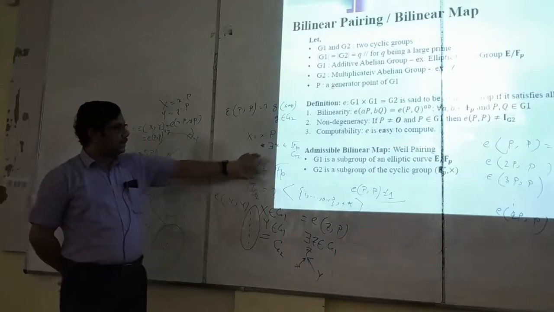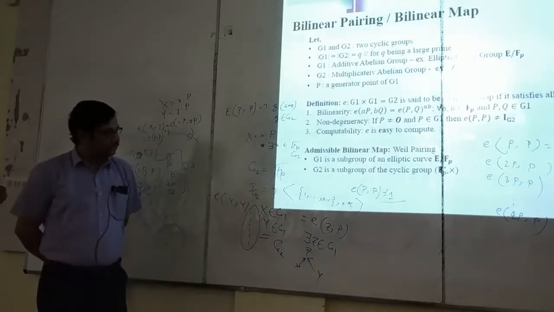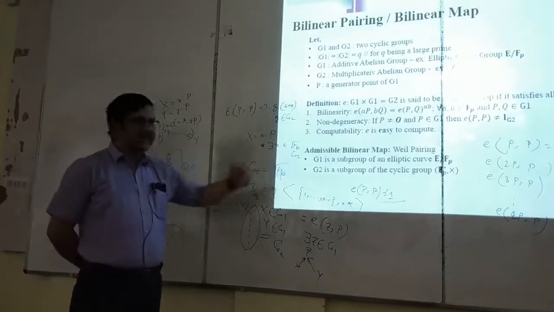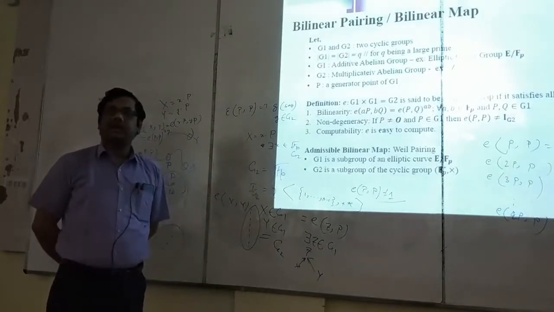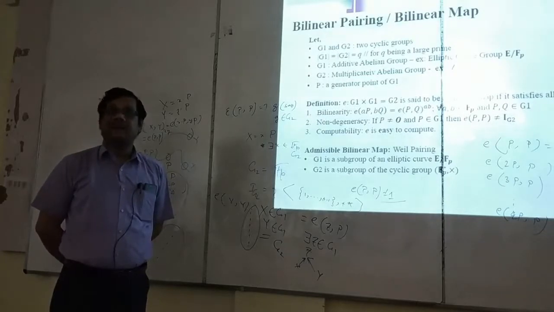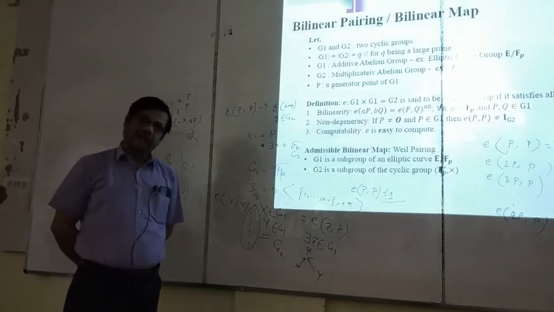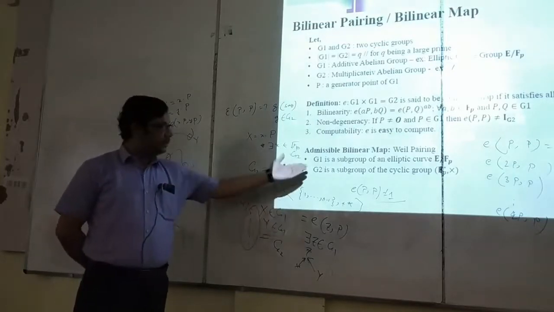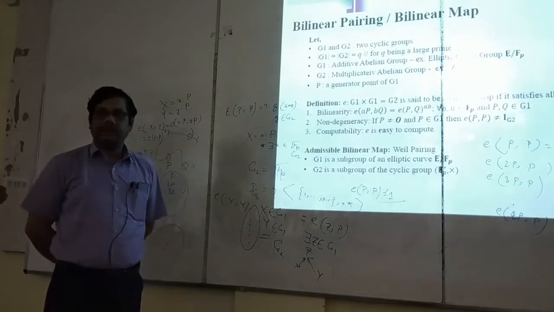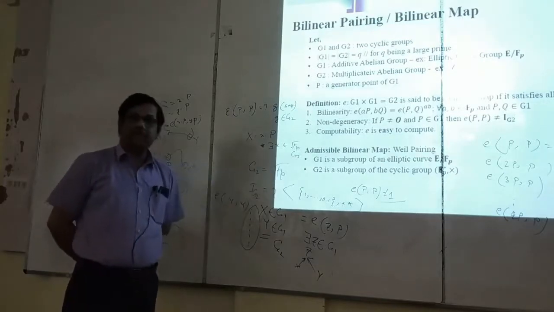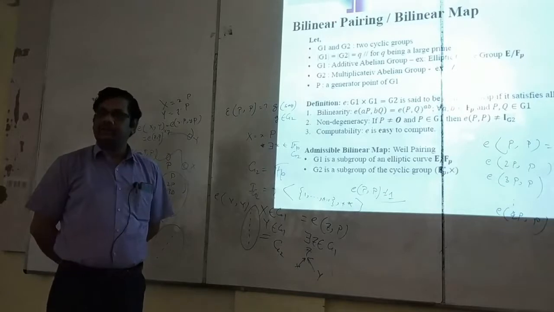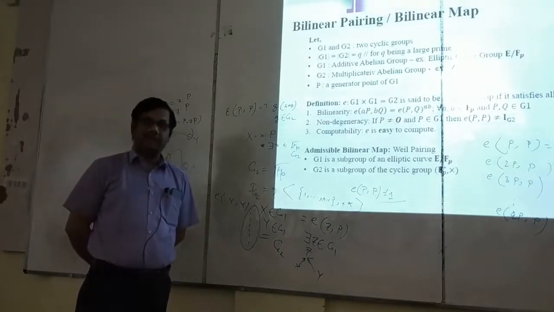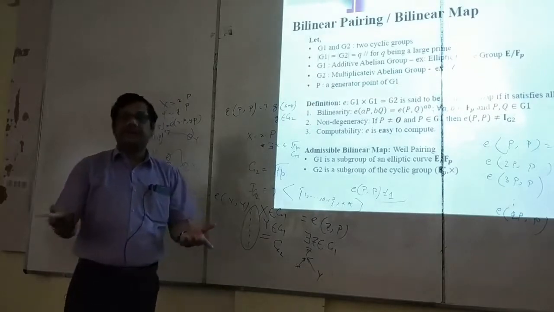Okay. Now, admissibility meaning saying whether practically can we implement such type. Abstract definition so far only we have given. Practically can you implement such type of function? Yes. Already I have said that if you take G1 as the elliptic curve subgroup and G2 as the finite multiplicative group, then Weil has already implemented such type of function. So that's about the admissibility of the function.